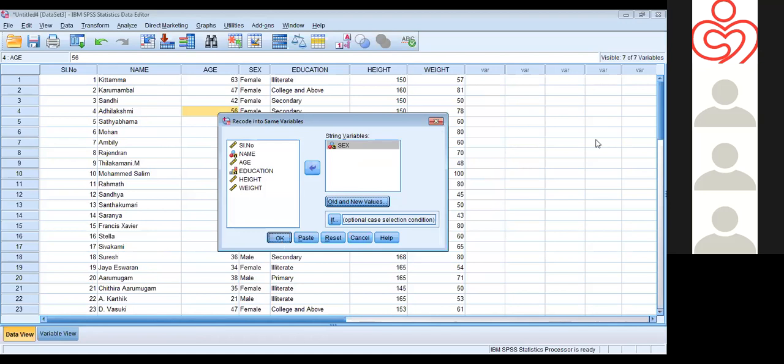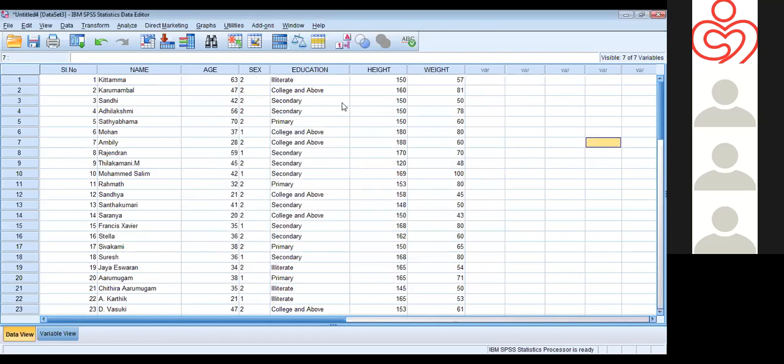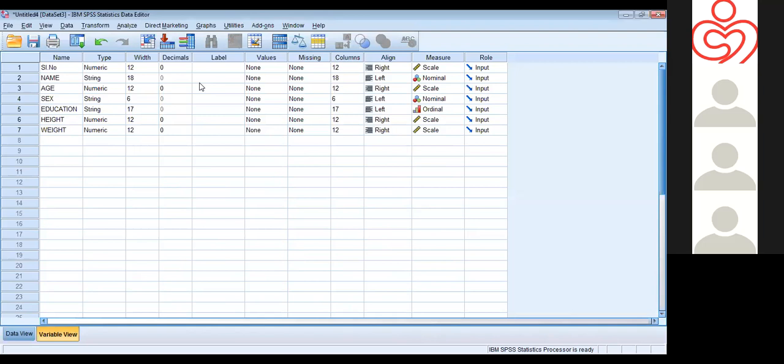This is the output window of SPSS, and here we can see gender came as 1 and 2. I already gave male as 1 and female as 2.